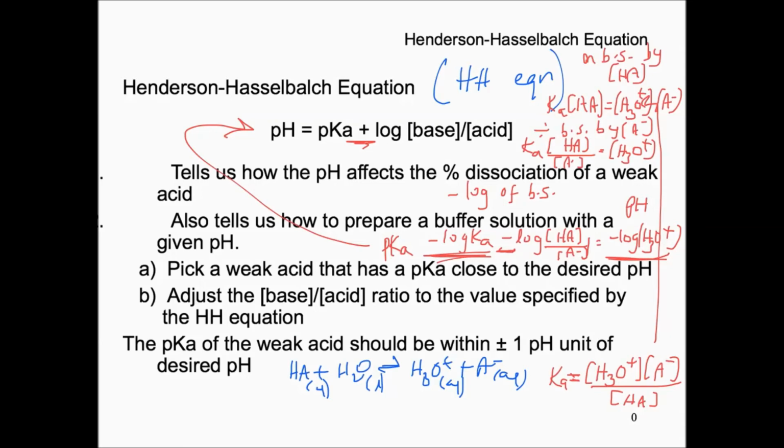And so to determine the hydronium for any buffer, you can multiply the Ka by the ratio of the concentration of the acid to the base, and you would be able to determine the hydronium ion concentration from there. What I mean by that is that if you have a solution that is 0.100 molar acetic acid and you have mixed that with 0.100 molar sodium acetate,